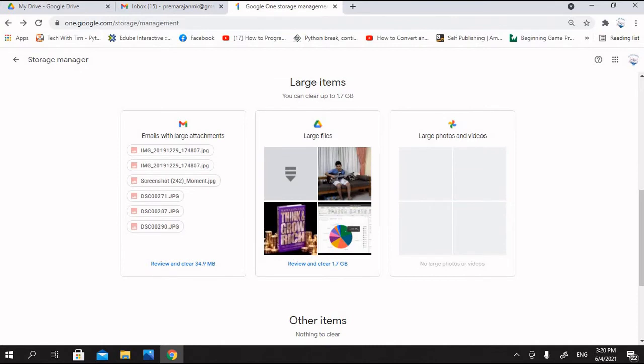Here you can see it also gives a list of emails with large attachments. There is no spam in the spam folder, otherwise I could have deleted that also. Then there are deleted files with a total size of 228.9 MB in the bin which could be removed. I'll do it now and we will see how the total usage looks after that.